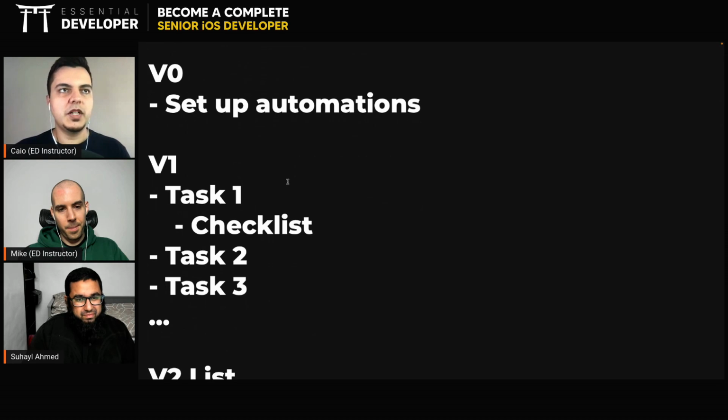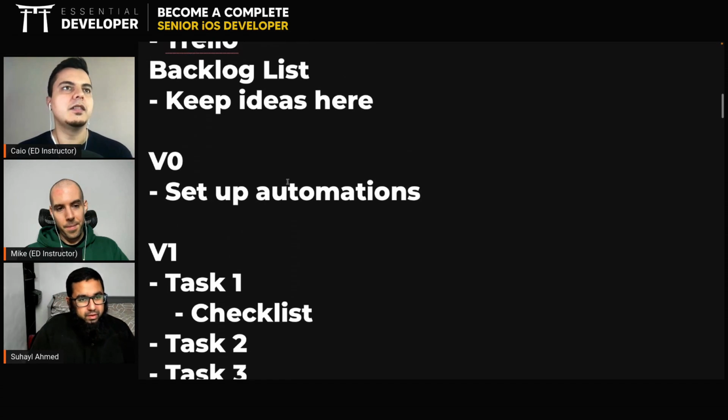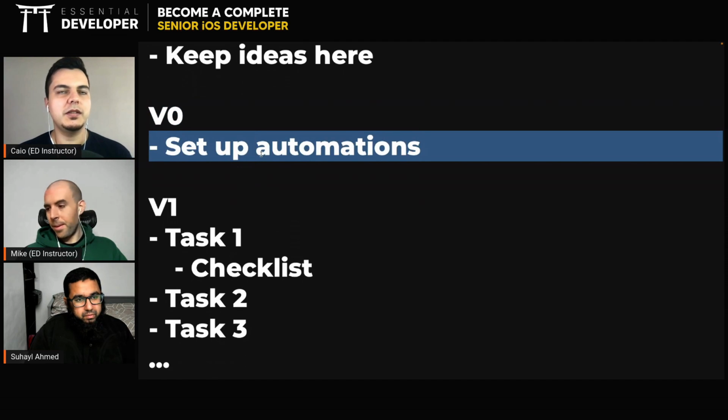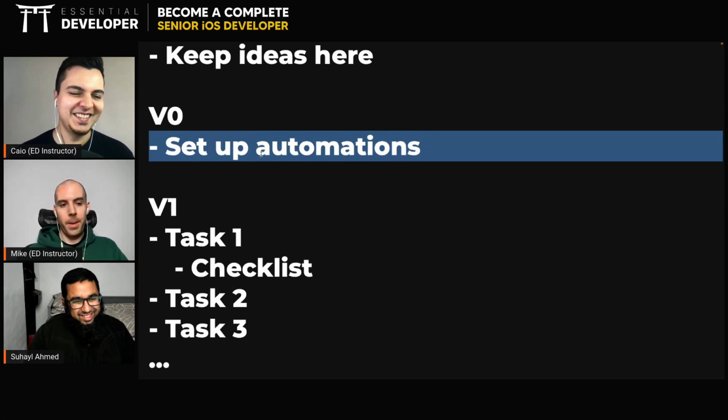So you merge to master, it already sends a binary to the App Store. Then it's just a choice if you're going to release it or not. So set up automations because then you're going to be more productive. Otherwise, you're going to waste another 2 weeks just uploading stuff to the App Store and dealing with certificates, with provisioning profiles.